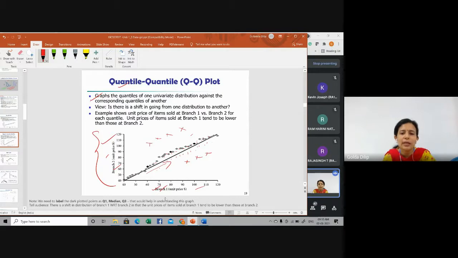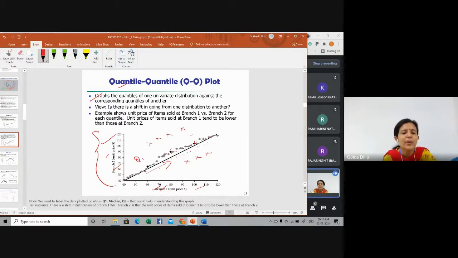The darker points correspond to Q1, quartile 1, Q2, the median, and Q3, quartile 3, respectively. Items sold in branch 1 have a lower unit price compared to branch 2, especially at Q1.